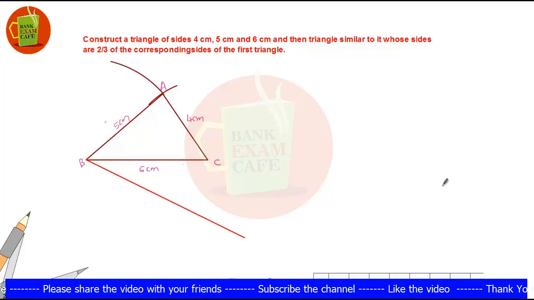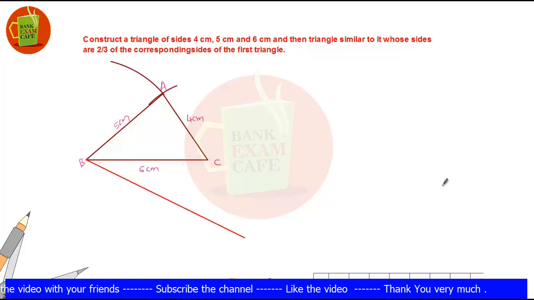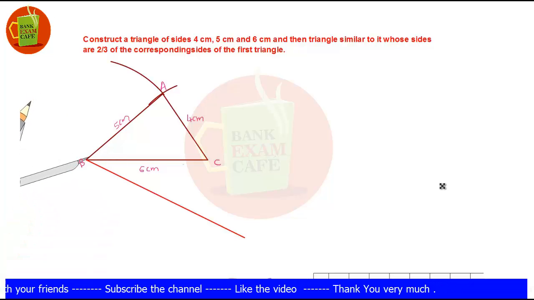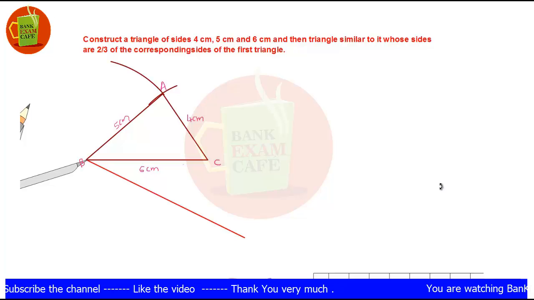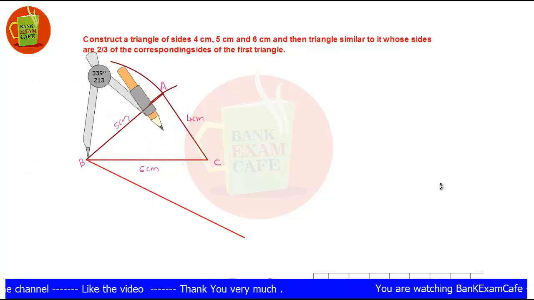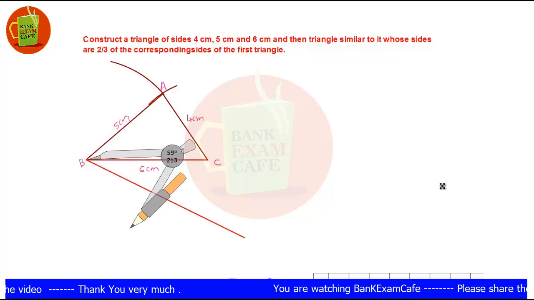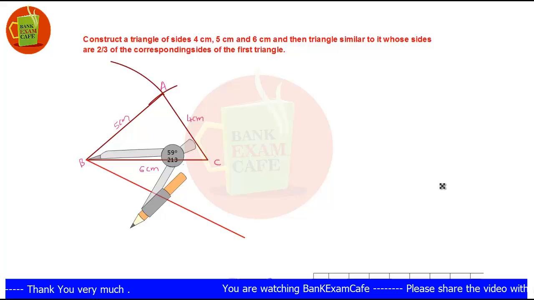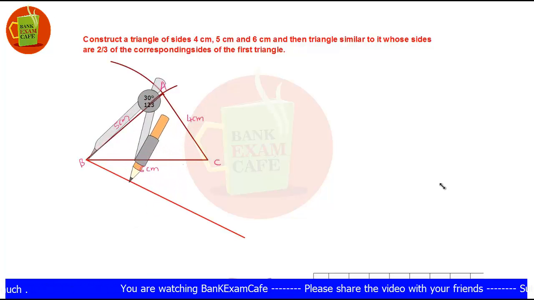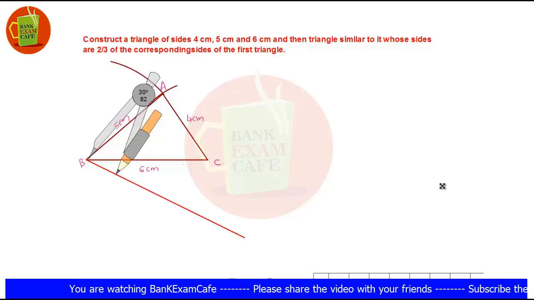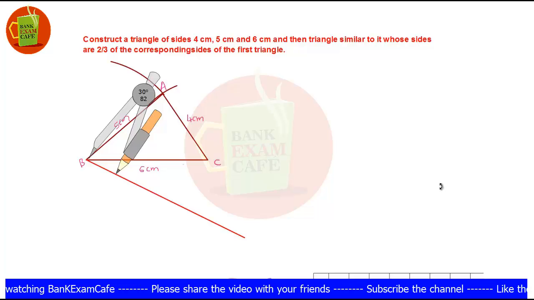So taking B as a point and a radius of suitable measure, draw an arc,